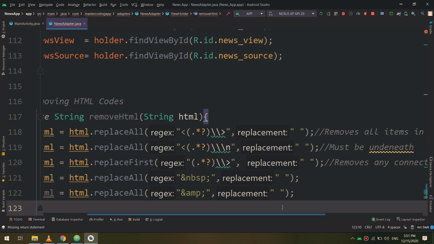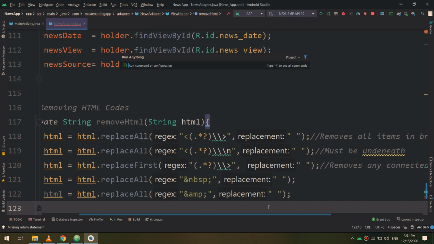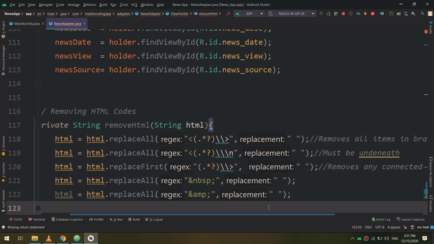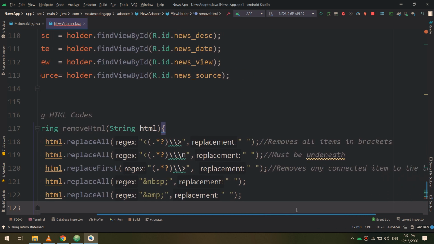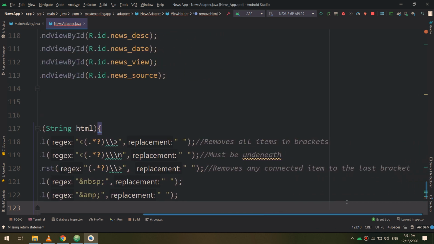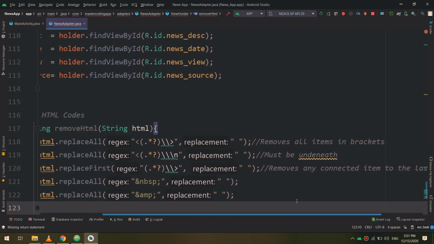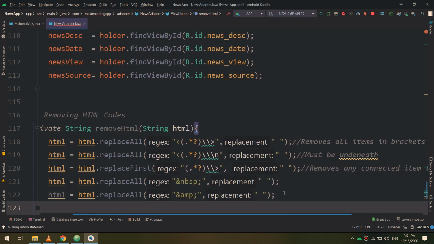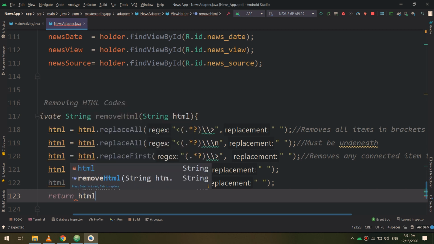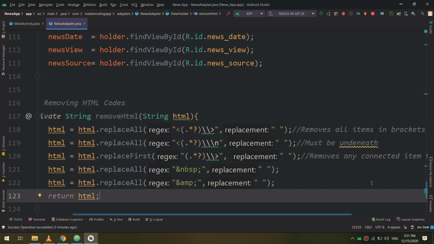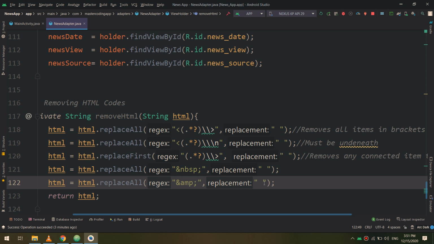You can get it by downloading the source code in the link below from the resources on our Udemy course. So this is the method. Okay, this will replace everything with an empty string. I need to add return html. This is the string that it will